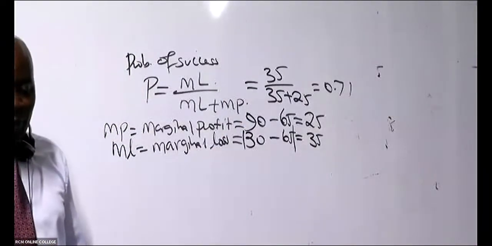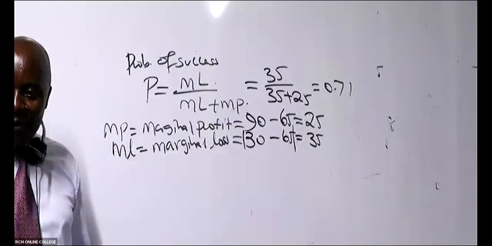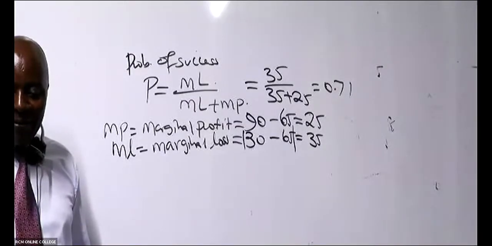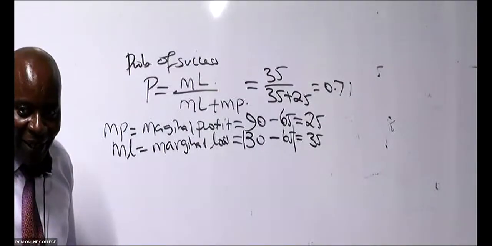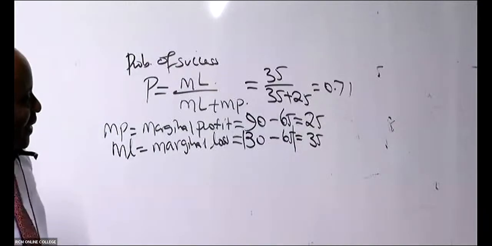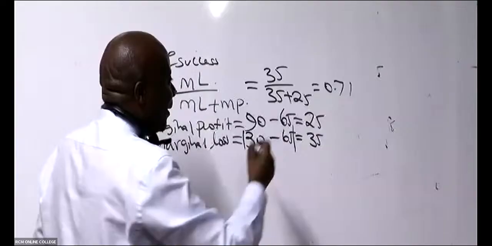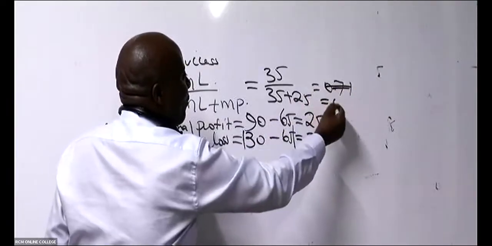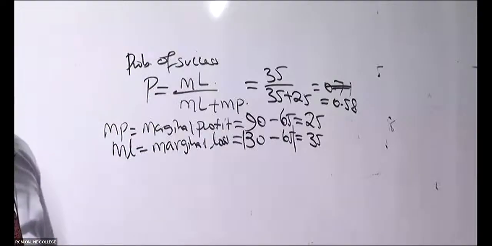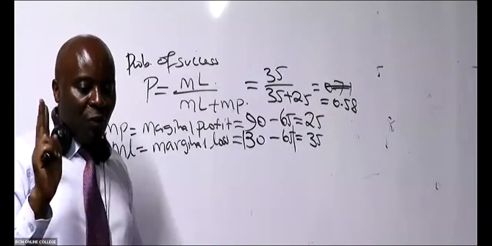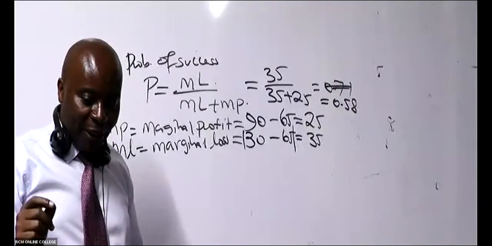Ah, that 0.71, where did it come from? Did you get 0.71? What mistake did you make? Did you use 90? No, I haven't found where you got that. Na mimi nilikuwa na CFA number sana. So it should be 0.58. Yeah. But now at least if you made a mistake, let's work with two decimal places. If you made a mistake, then you are able to learn, isn't it? That is the most important thing.